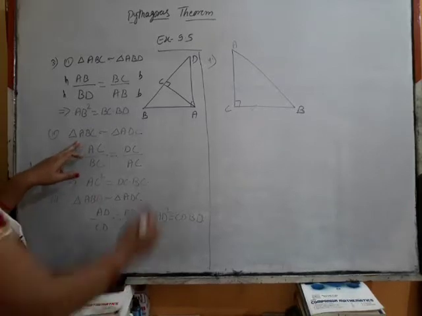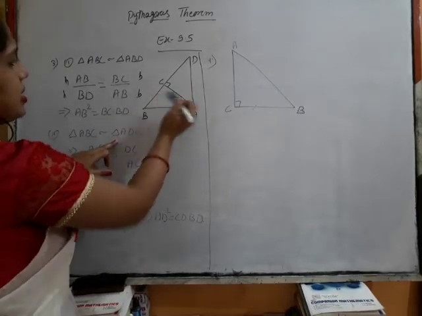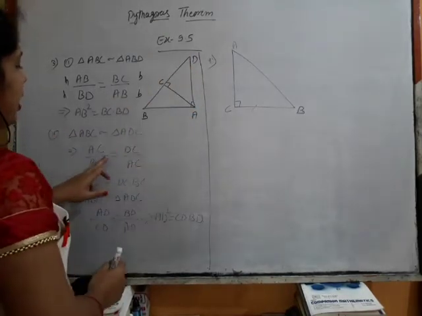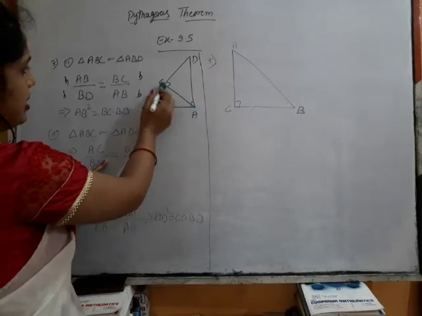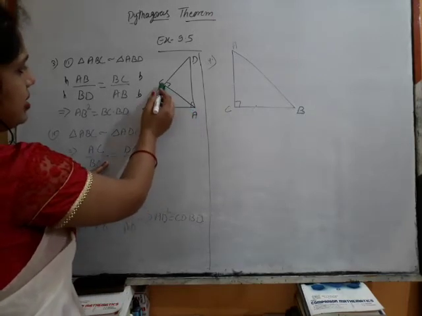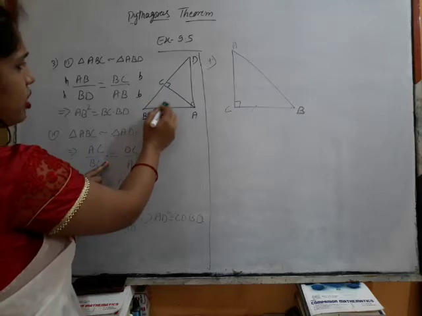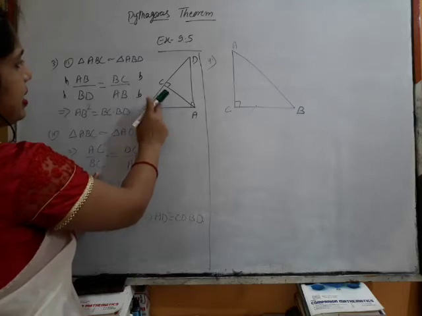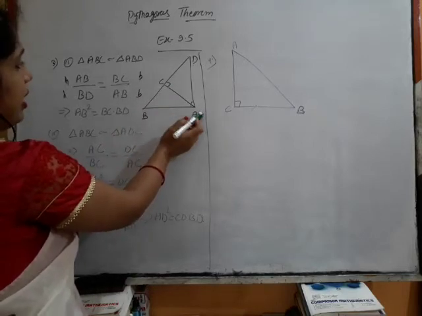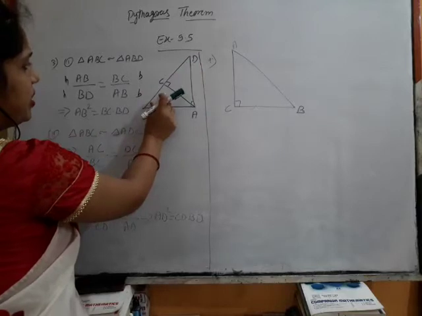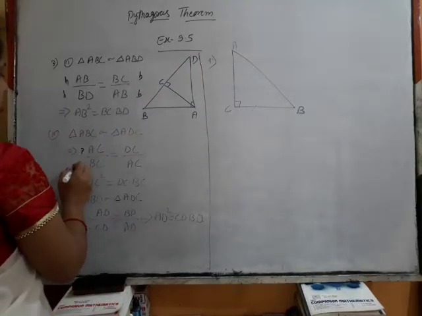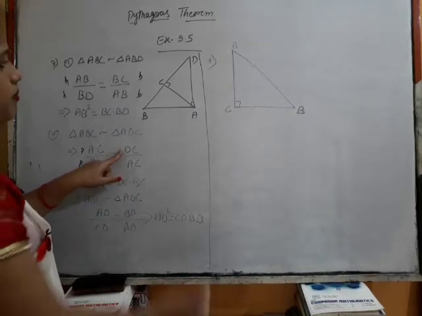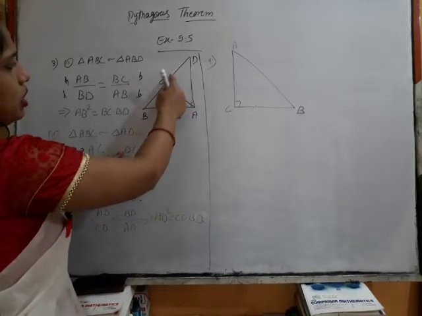Now in the second one, this ABC is similar to ADC. ABC is similar to ADC, and now this AC is perpendicular. AC is the perpendicular for this triangle, and BC, where is BC? BC is perpendicular for this triangle. AC is the perpendicular for this triangle and BC is the perpendicular for this triangle. Let us consider, suppose this is the ratios of the perpendiculars. So DC is the part of this. So this will be the base.